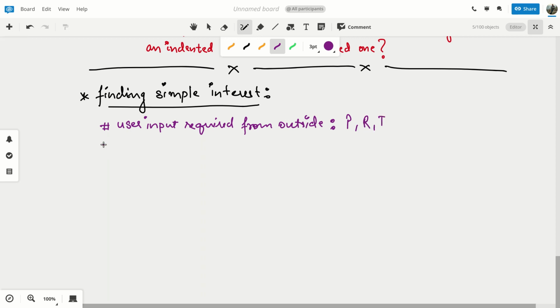And what you have to find? To find is simple interest. What is the formula? PTR by 100. Principal into time into rate, or principal into rate into time, whatever you write. Shall we write it like this?